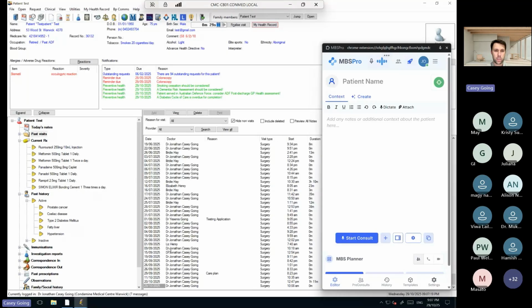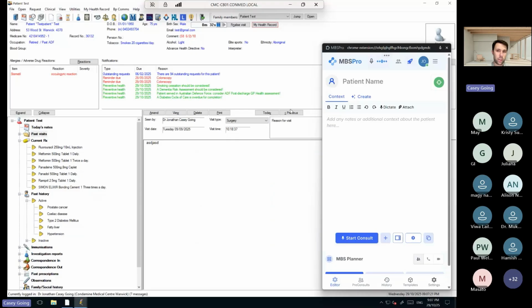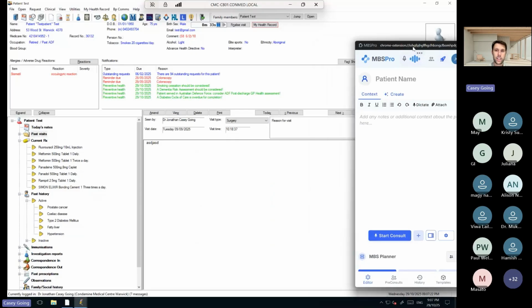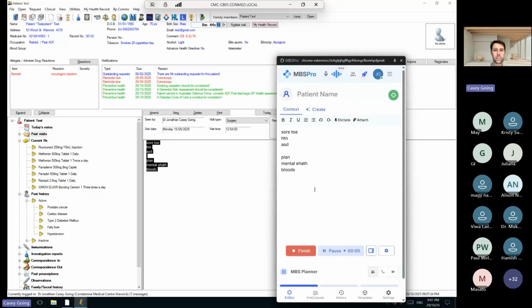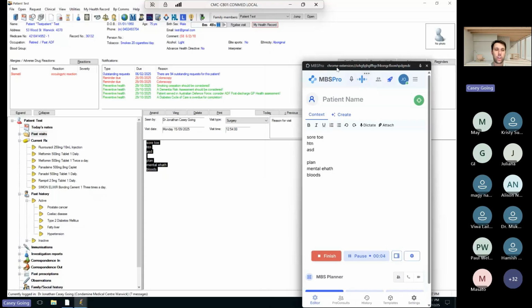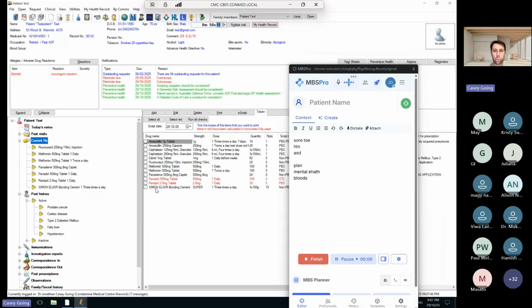Say I saw a patient and I did, okay, I wrote nothing of value in that one. But if I did some scripts, here we are. So I wrote a small note. Maybe it's my previous note. I can just copy it into context. Then when I start my note, it'll know what I've done previously, or that I've prescribed metformin or whatever. It fixes the spelling of the names, so it improves the overall note significantly.